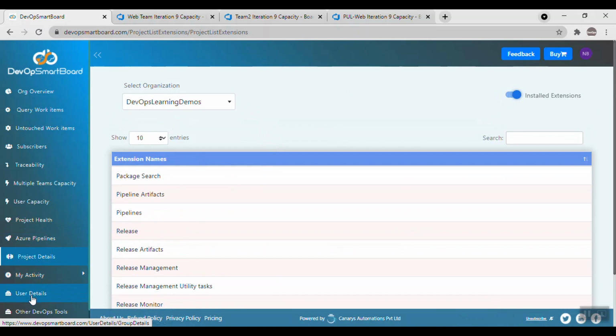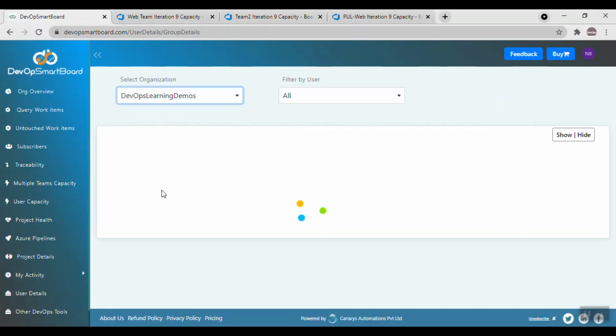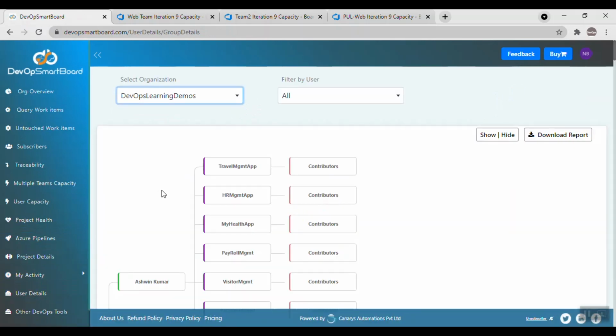So let me quickly go to user details. The user detail report gives me the list of users in my organization and what permissions they have for the team projects.